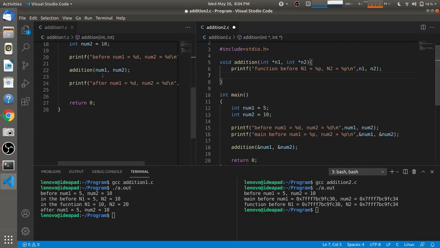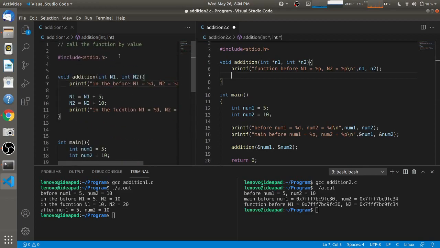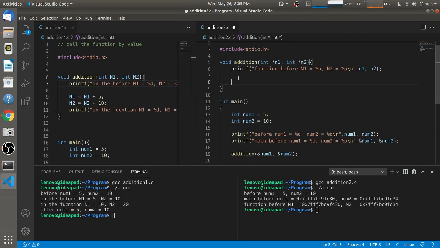So we'll do the same operation that we did in the call by value. So we'll just add. Every time we have to use star n1, that is, value at n1. So this is also known as the value at operator. This star is also known as the value at operator, and it also represents a pointer. So that way you will know that we are catching an address of some other variable, and using this star only can we access the value which we are storing at this address.